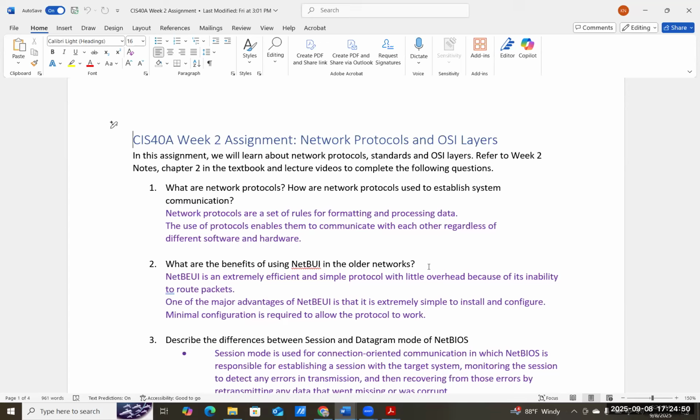Now, question 2 asks about NetBEUI, and you can read that section where it talks about NetBIOS Extended User Interface. NetBEUI is an extremely efficient protocol. It simply allows us to route packets, and this is a legacy, older technology. Historically, this was used for early Windows versions, post-DOS,